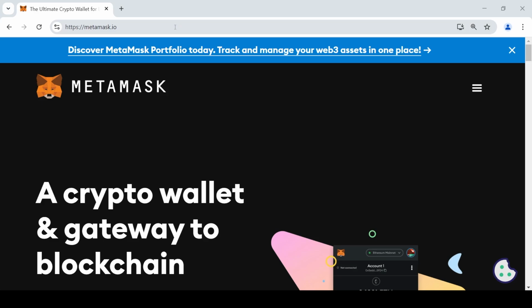We want to install the MetaMask wallet as a browser plugin for, in this case, Chrome. If you use a different browser, for example Firefox, or if you have an Apple product, it works the same way. And if you want to install a wallet for your phone, you can also go to the App Store or the Google Store and download the app from there.